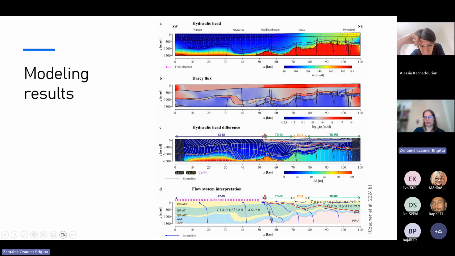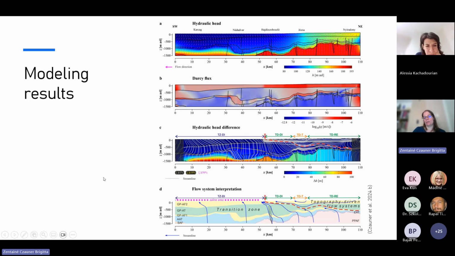Again, here the red dashed line shows us the boundary of the 2 systems, and we can see that upward flows in the transition zone are deviated by the topography-driven flow systems in the northern part of the section towards the south or southern discharge zones. And then after the point where the boundary of the two systems runs to the surface, we can actually see that the transition zone approaches the land surface, and we can see the upwelling of water from the transition zone towards the surface.